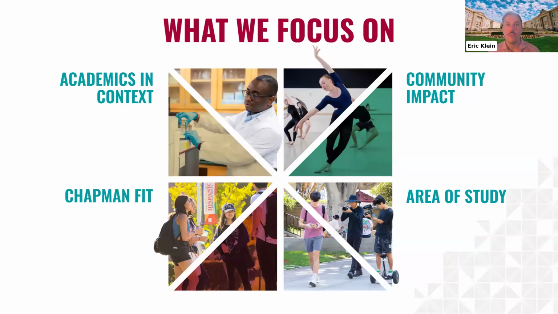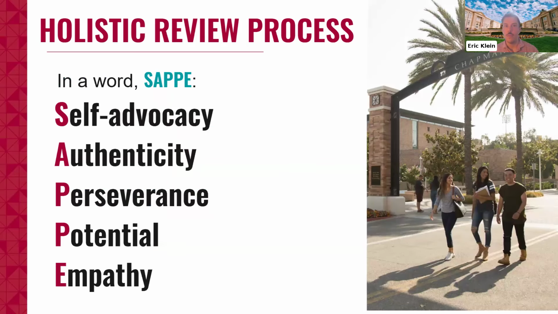What we did is we sent out a survey to all of our faculty on campus asking them, what are some traits and characteristics that you see that typically illustrate success at Chapman? And we compiled all of their responses and we came up with this kind of corny acronym, I'm not going to lie, but it's called SAPI. And that stands for self-advocacy, authenticity, potential, perseverance, and empathy. So there's a section on our admission reader review form that has those characteristics built in. So we're taking a look at your students for those pieces.